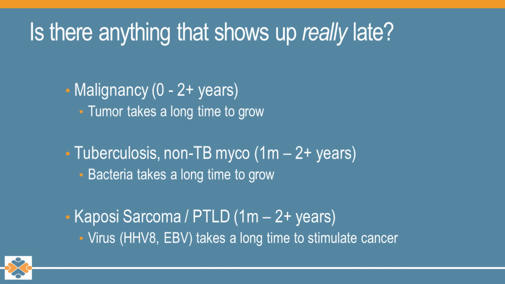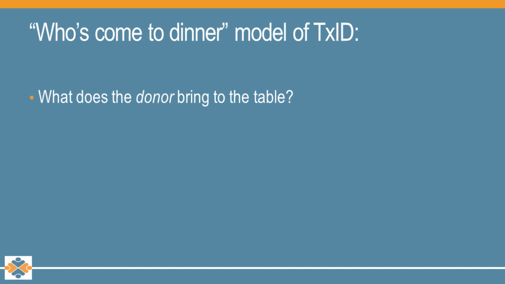And then there are some things where the combination of a donor-derived infection and someone's immunosuppression can lead to malignancy as well. The quintessential ones are when a donor may give a recipient HHV8 or EBV, that down the road with sufficient immunosuppression trigger sarcomas or lymphomas. But for the most part, what I'm going to talk about now are things related to donor-derived problems that occur within the first few months post-transplant.